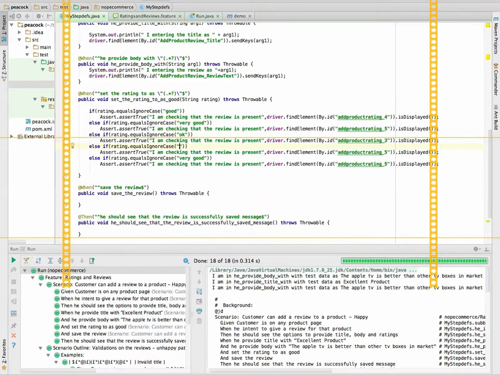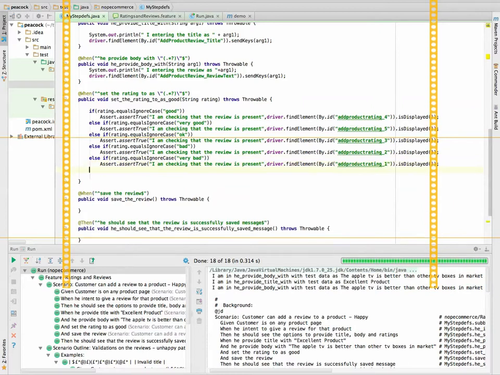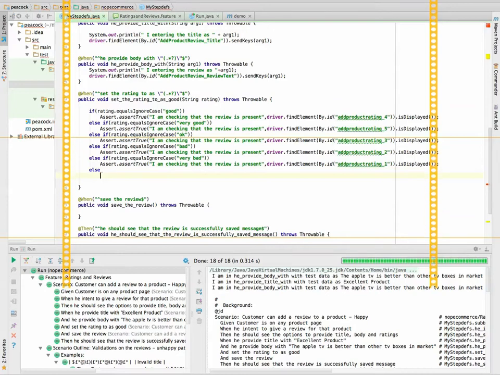Okay, bad is 2, right? And very bad. That's it. This is a nice thing to do. Else means he had not given good or bad or anything. He just said blah.